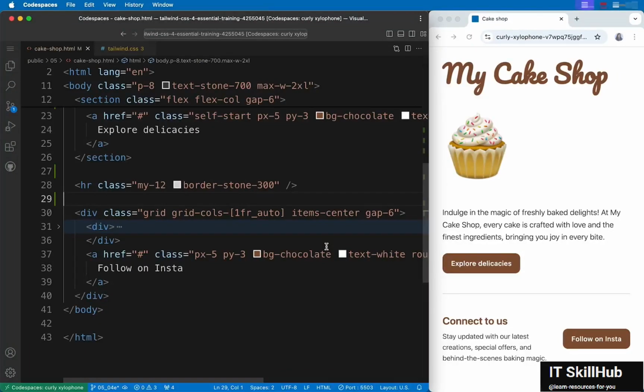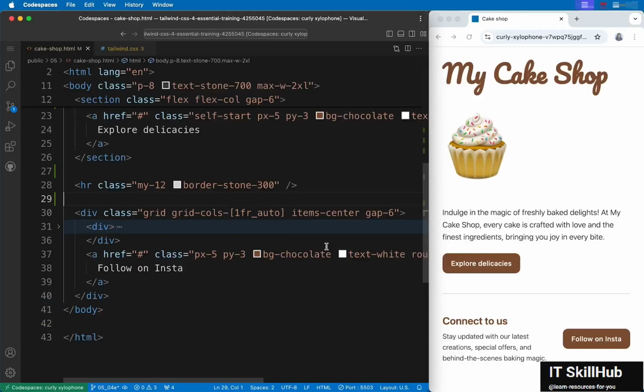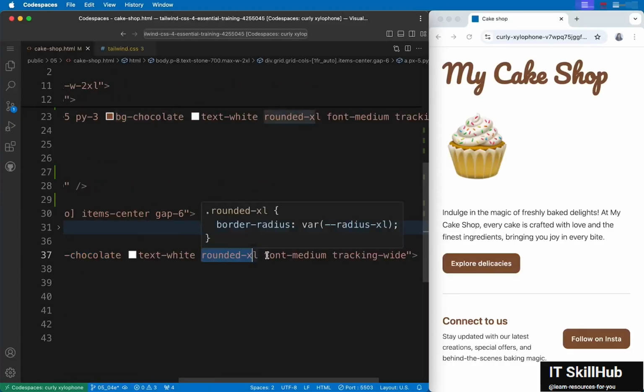Repetition of classes is a common worry among developers using Tailwind. Like I already mentioned, if it's possible to create small components in your framework, you should really do that and avoid repeating the same set of classes. For instance, this button can become a component which contains all the common classes like padding, maybe even the color, border radius, and all the font styles.